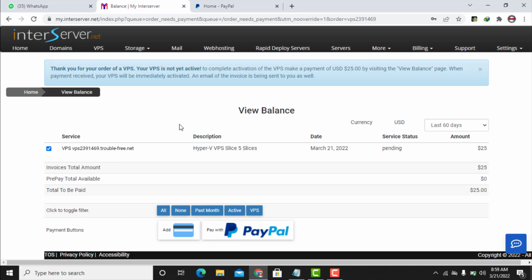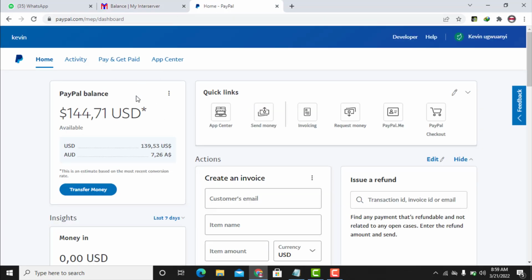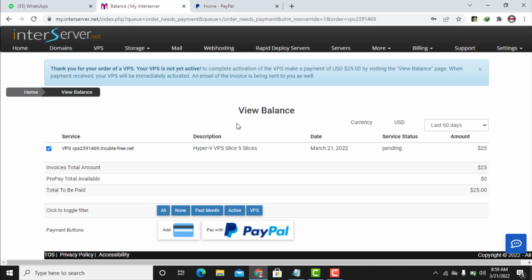So right now I have logged into his Interserver account and I want to make this payment with PayPal, as you can see here. So this is card and this is PayPal. I want to make this payment from my $144 PayPal balance. This VPS hosting price is $25. So as you can see here, what I need to do is to click on pay with PayPal and